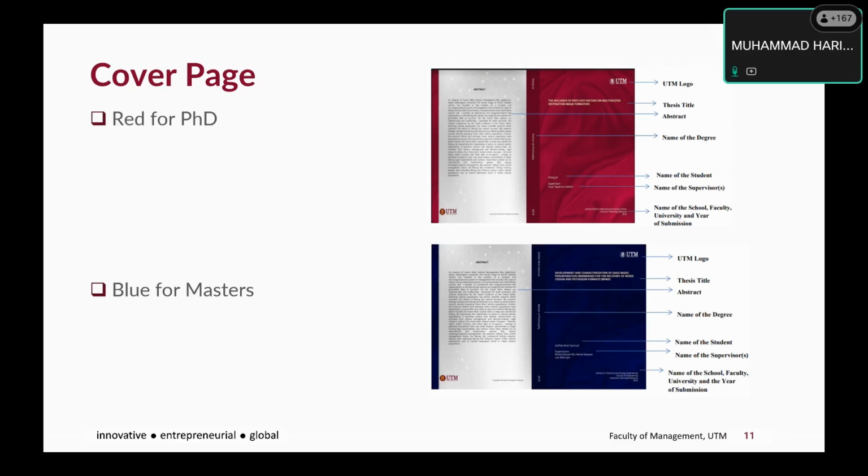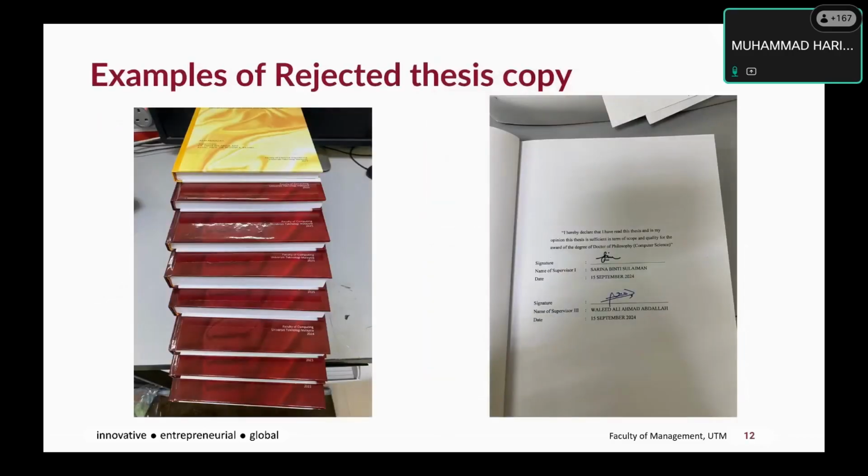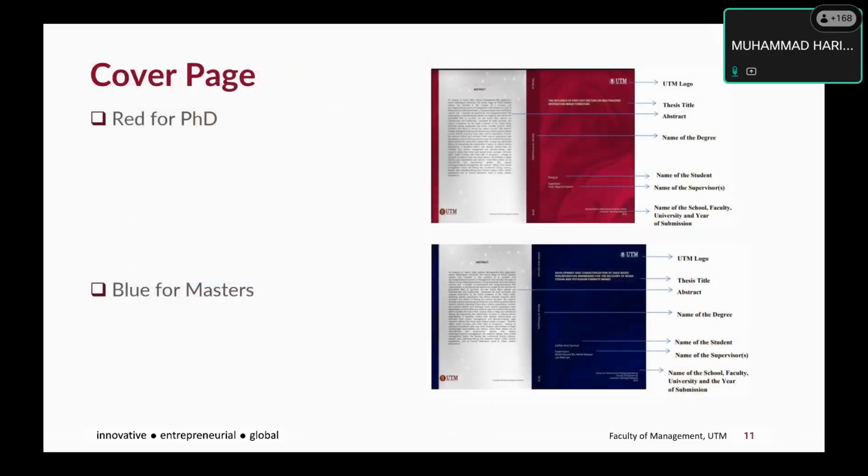So they print the thesis in yellow color format, which is for the bachelor's degree. So that one was rejected. Most important, if you are doing PhD, the cover will be in red color. But if you are doing masters, then in blue color. And irrespective of which faculty you are from, it should be the same. For PhD red, for masters blue, and for degree it should be